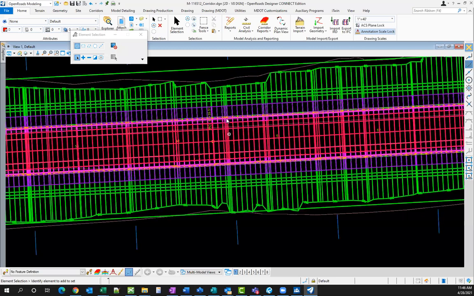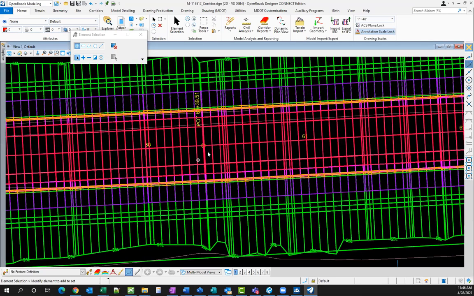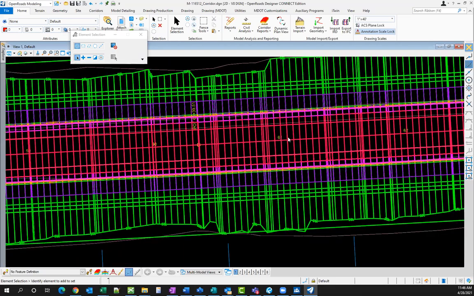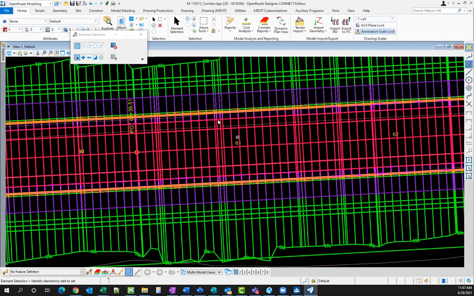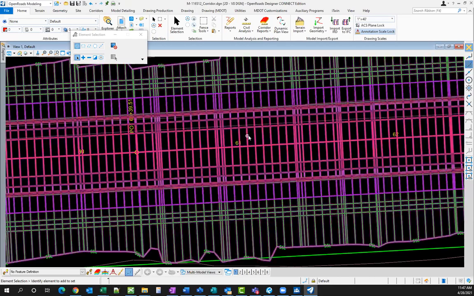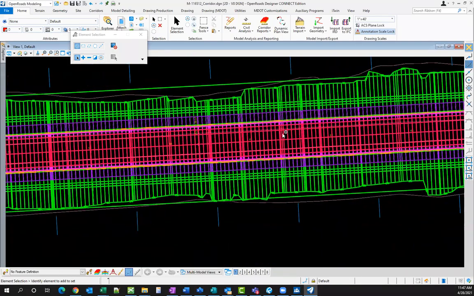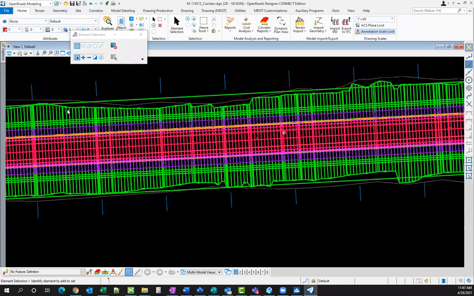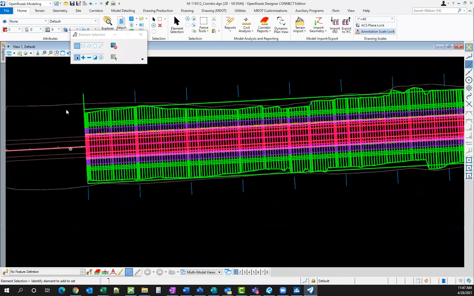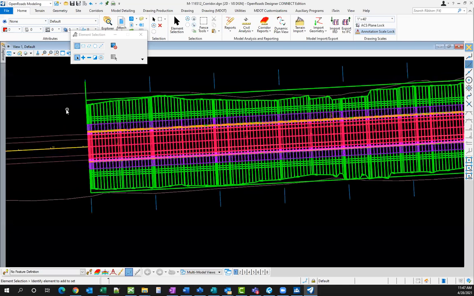So we have all of these intermediate points, and when we send these out to an XML file at the end of the project in the line string file, all of these extra points, they're really not necessary, and they make the file really, really big and makes it difficult for downstream users to use. And so this is something that I'm probably going to add to the workspace at one point, is a feature definition specific for